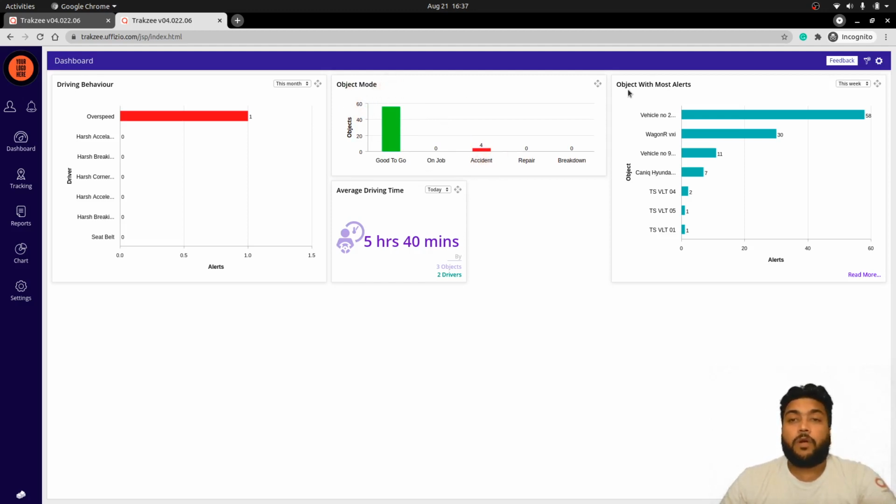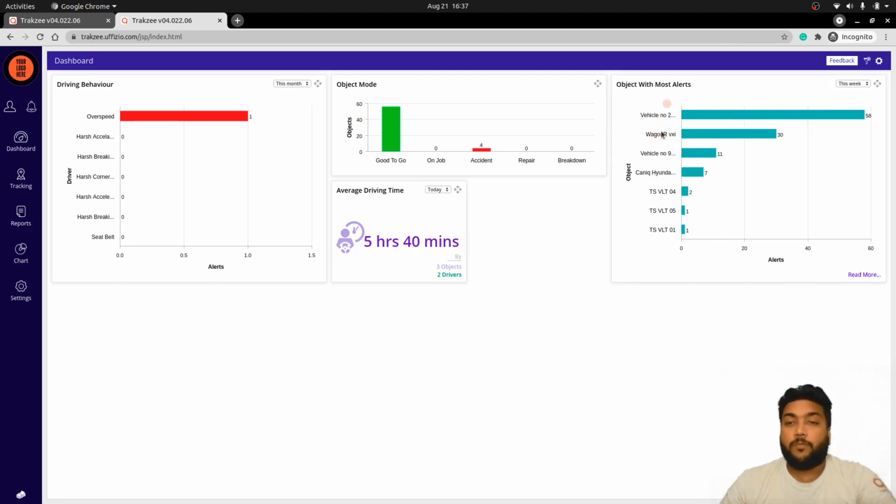Now if we talk about another widget, that is object with most alerts. This widget is helpful when you want to get information on how many alerts have been generated for how many vehicles, like which fleet has had the maximum alerts, so that you can get guidance as well as cover up the violations with its alerts.